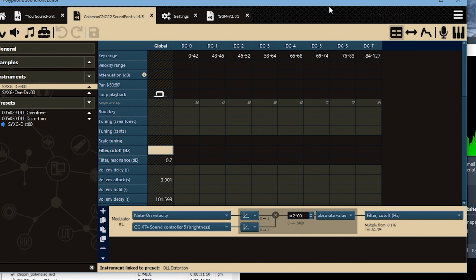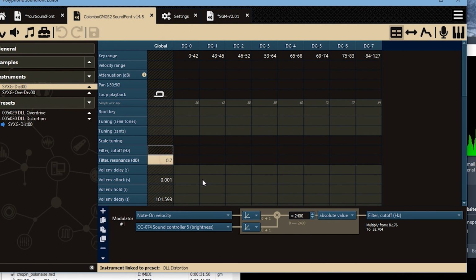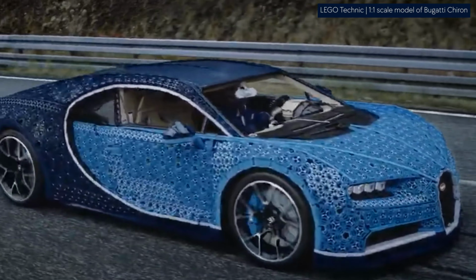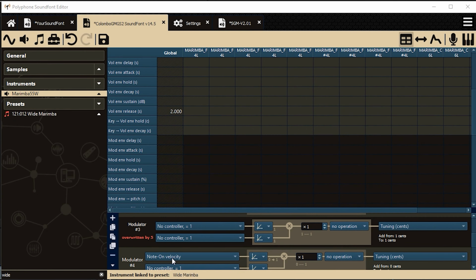From what I can say, there will be scenarios where you want to say change the amount of filtering in a more intense manner with reference to the note on velocity like in some synth lead from legacy Yamaha XG synthesizers, or reduce the amount of reverb and chorus for quieter notes, or slightly change the pitch to mimic a drum, or we might want to pan the lower notes towards left and the higher ones towards right to sprinkle the taste of wideness. I'm running out of words, but the limit here is your imagination. Modulators provide the environment to express any of your creative ideas like those. I don't know why I was reluctant to use those, but they're pretty rad.